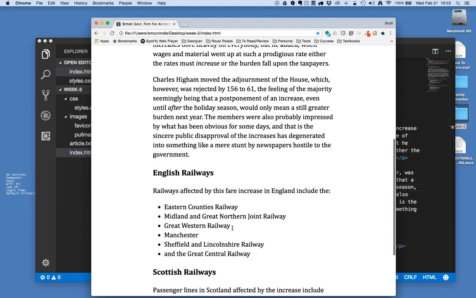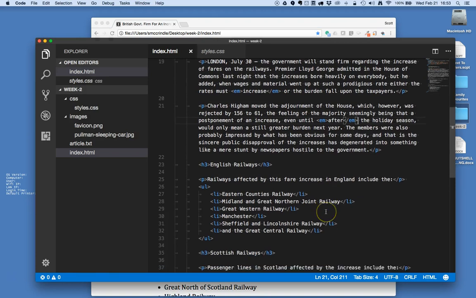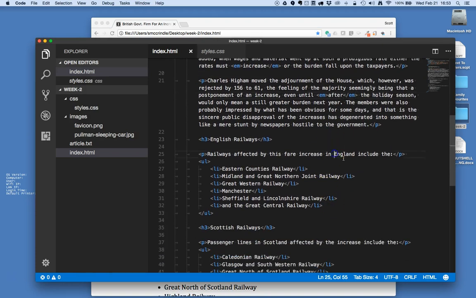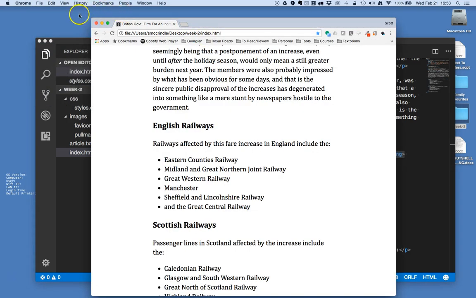Now, perhaps I want to add a bit of emphasis, but maybe a heavier emphasis. So railways affected by this fare increase in England include the, and then a listing. So I really want to drive home the fact that we're dealing with English railways and Scottish railways down here. So we'll head down here, and instead of surrounding England with emphasis, I'll surround it with an element called strong, which refers to strong emphasis. So I'll surround the word England with those tags, save the changes to the file, reload the page,